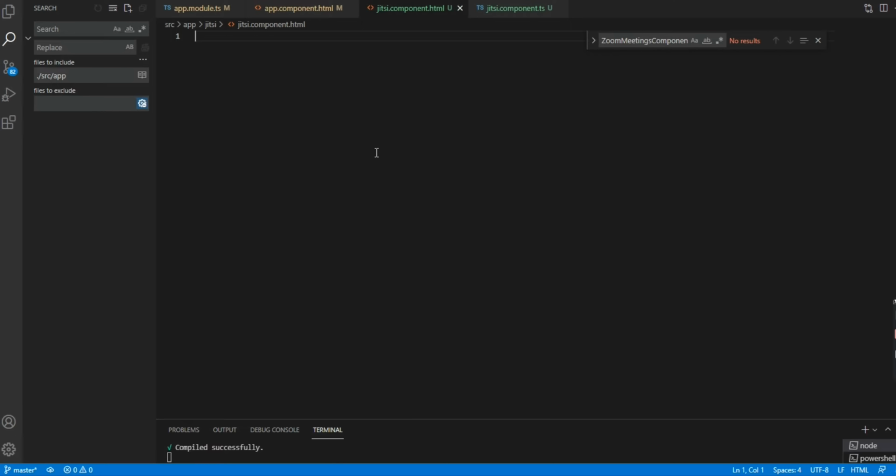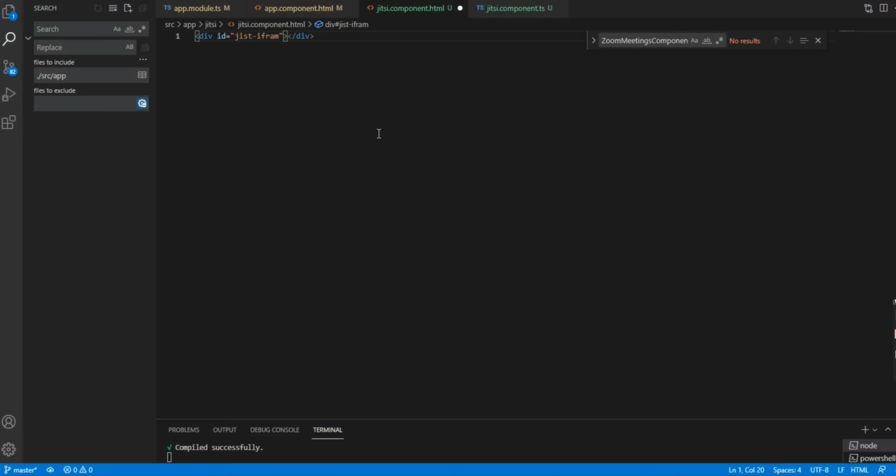Now here we will go with the HTML part. If you think it is a little difficult, please refer to the link and the code which I will mention in the comment section.